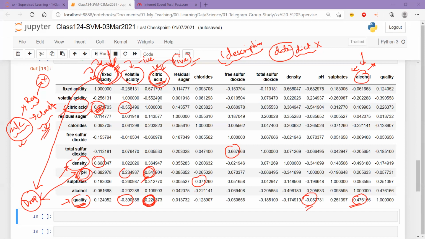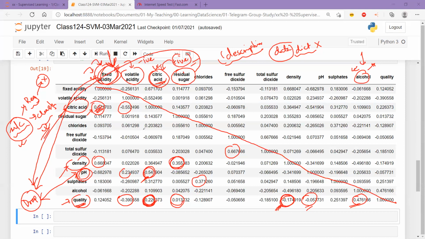Anything else? Let me just quickly see. So this is the diagonal. I can do this using a heat map also, friends, but if you are habituated looking at the numbers, you don't need a heat map. The next thing is the density. In this case, residual sugar and density are intercorrelated, but at least residual sugar is not good with respect to the quality. What about the density? Density has kind of a negative relationship. Okay, let me keep density and the residual sugar can be dropped.